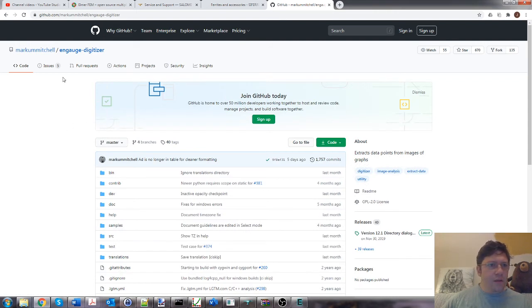Right, this is Engage, which you can obtain from github.com/mark_mitchell/engage-digitizer, that bit. It's a program for making CSV files full of data out of bitmaps and such like, and it's a really handy thing to have, especially if you're in the midst of your PhD and you've got some data from a paper from the 1980s and you need to compare it with the data that you've just generated to see if your hypothesis is good and you're going to get your doctorate,